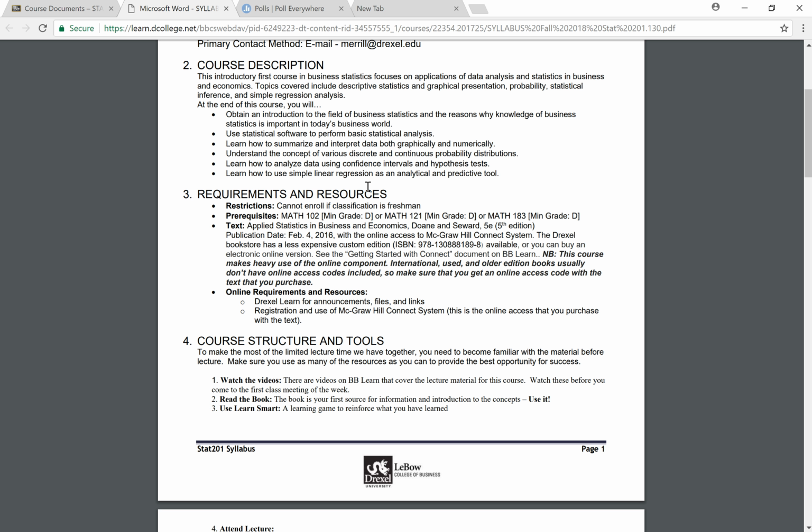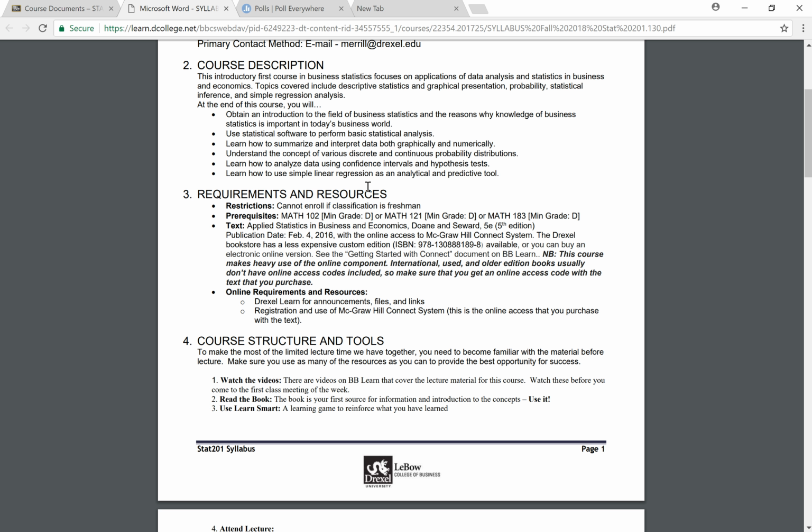In fact, you'll find out that almost everything that you're going to do in your finance and marketing and accounting and management and other courses are going to be extensions of confidence intervals and hypothesis testing. So that's kind of what we're building towards in this class, and it's going to be important that you understand it. So that kind of starts week 7, I guess, and everything we do builds up to that. So you want to make sure that you're up to speed and paying attention and ready for that when it comes around.